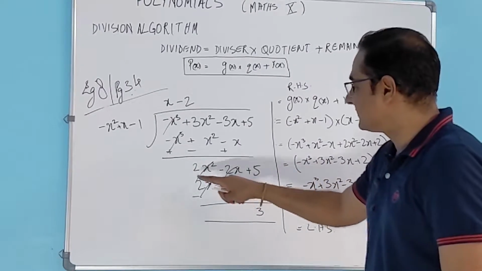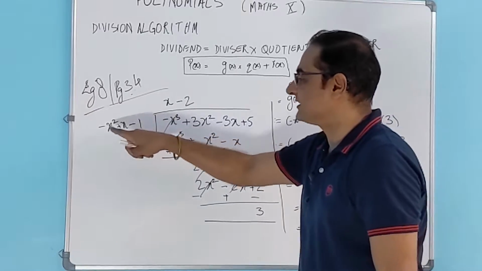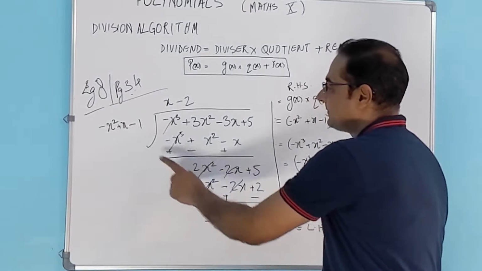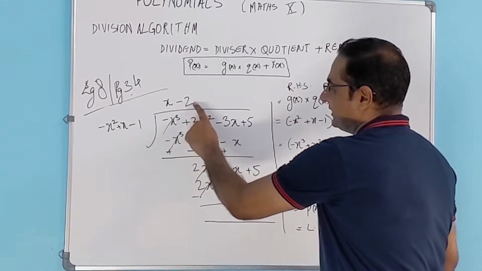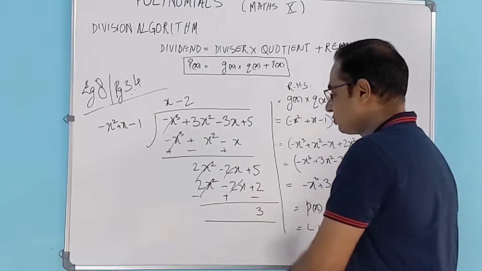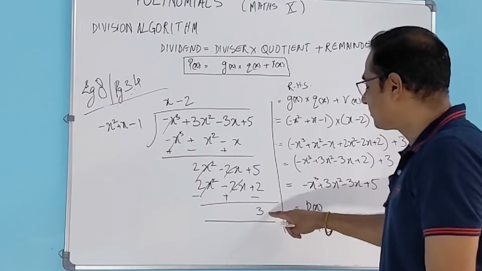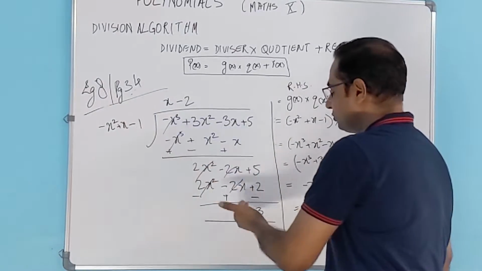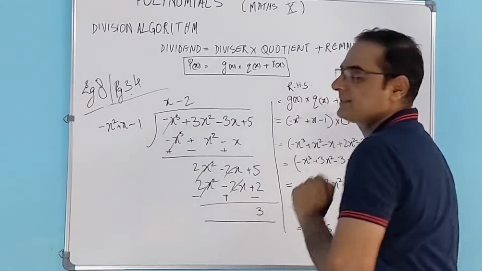Now in this term, the degree of this polynomial is 2 and the degree of the divisor is also 2, so we can divide this further. Again we look at the first term, which is 2x square. What do we multiply this with to eliminate the first term? It's minus 2. So we multiply minus 2 with all these terms, we get plus 2x square minus 2x plus 2. Again we subtract this by reversing the signs, and what do we get? 3. So this 3, the degree of 3 is 0 and the degree of the divisor is 2, so we cannot divide it further. So this is our answer. This is the divisor, this is the quotient, this is the remainder.